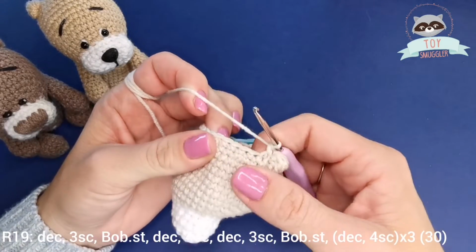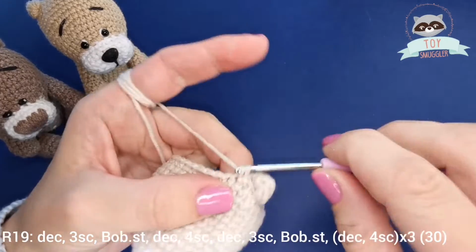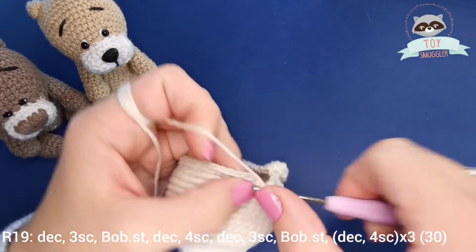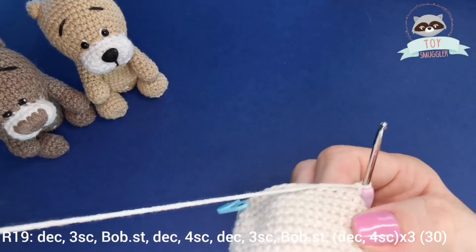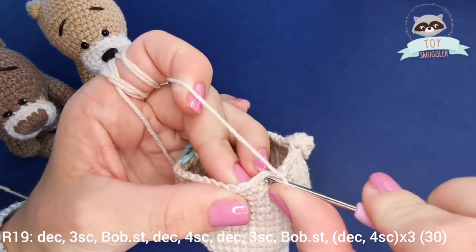We have 4 single crochets into the next 4 stitches. 1, 2, 3, 4, and we have to repeat that 3 times. We will decrease again